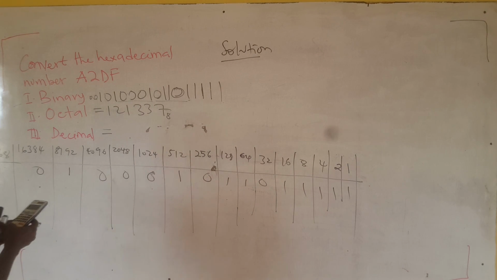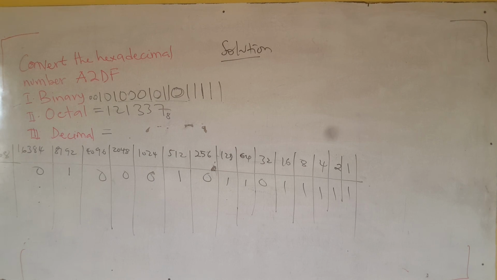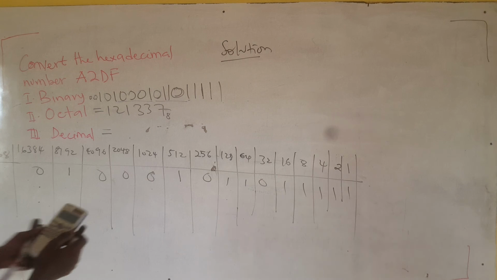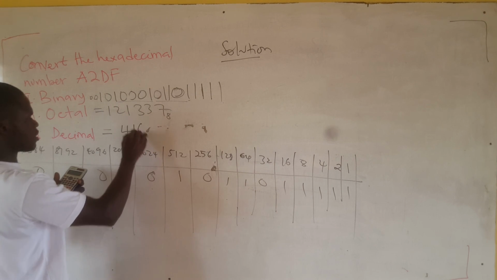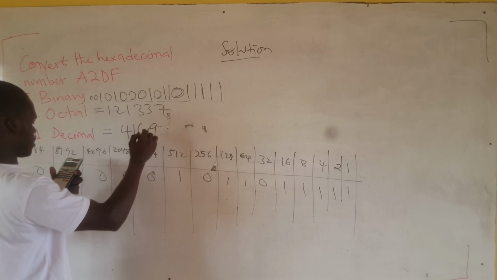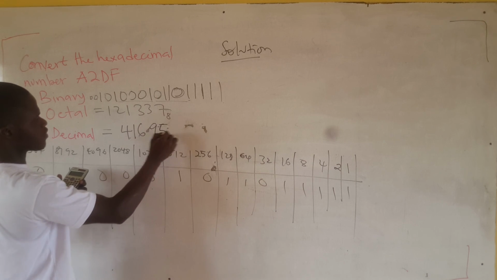So I'm adding 32,768. Okay, so after summing all of the numbers up, I had 41695. So this is in base